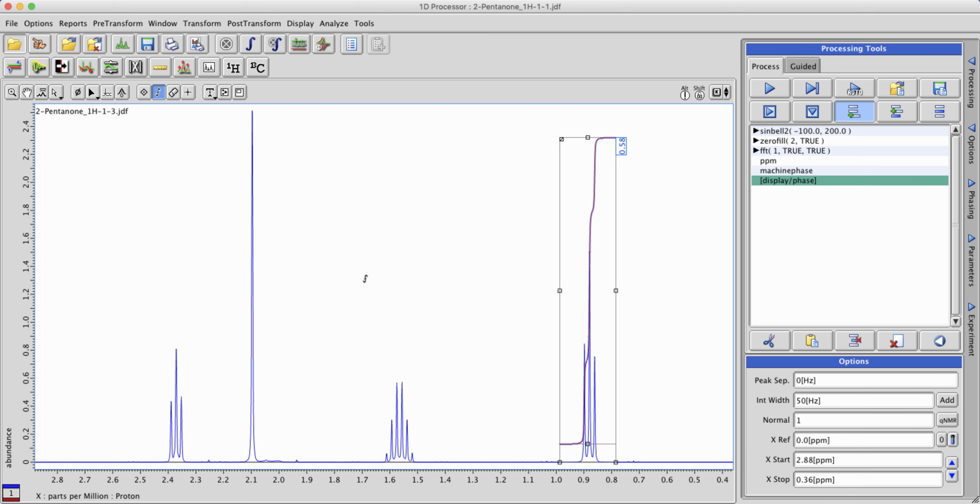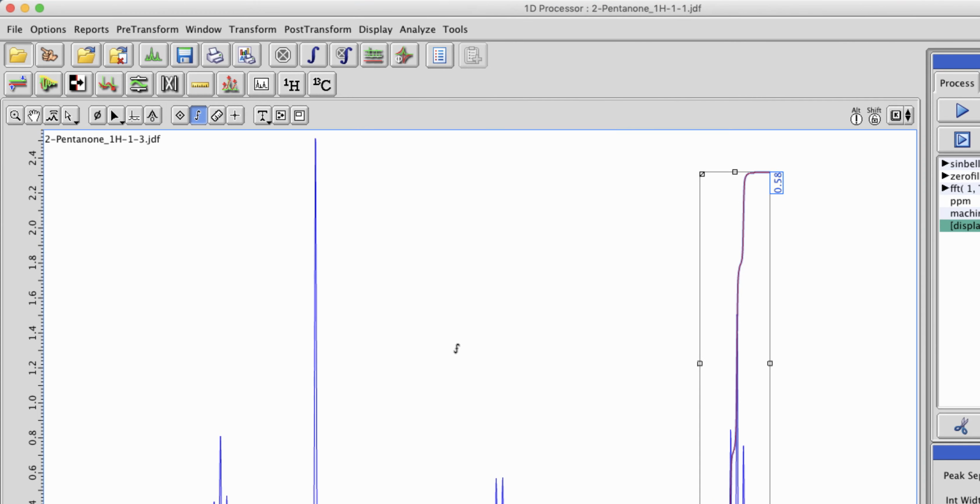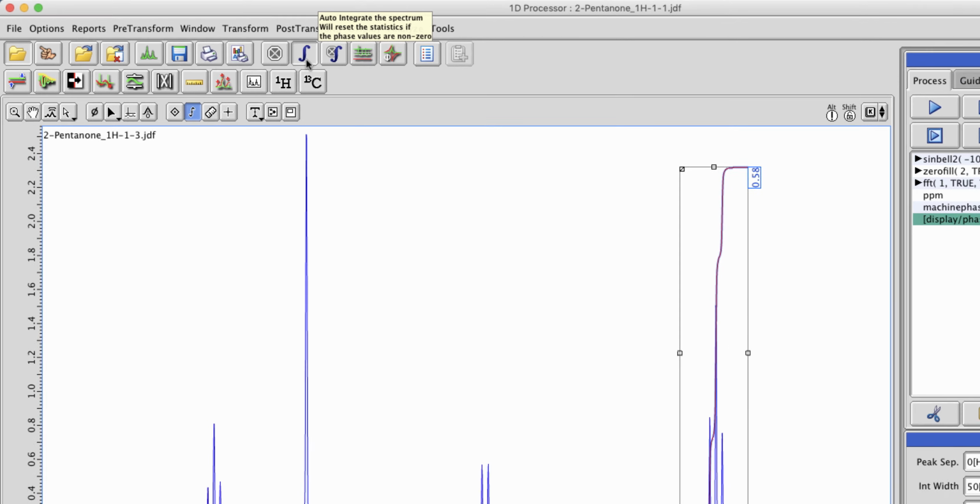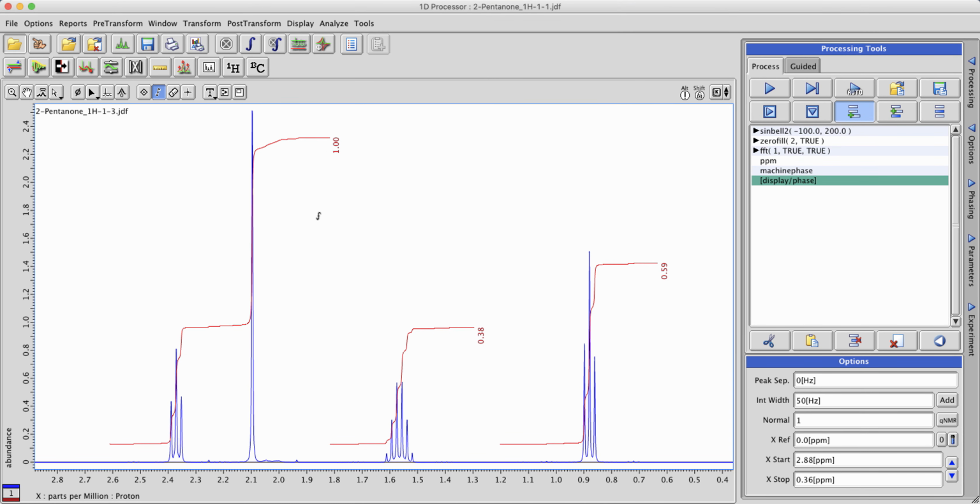Or if you have a lot of peaks and would like to mass integrate the entire spectrum, click the Auto Integrate button. A series of integrals will be drawn due to a few factors that we'll cover in a later tutorial. If you'd like, you could always go through and resize integrals if they've been created in a way you